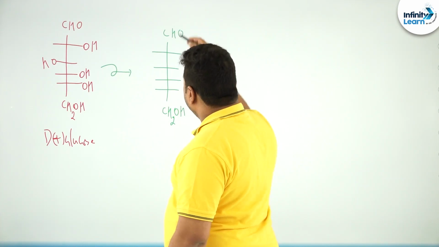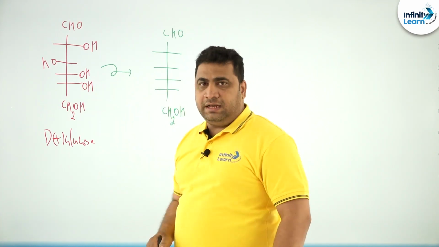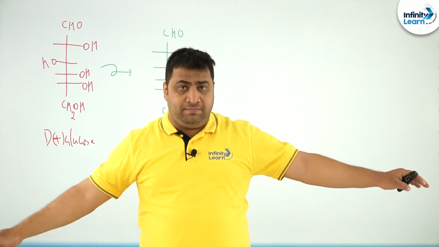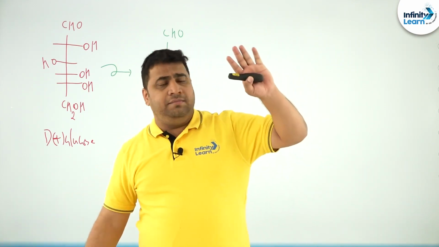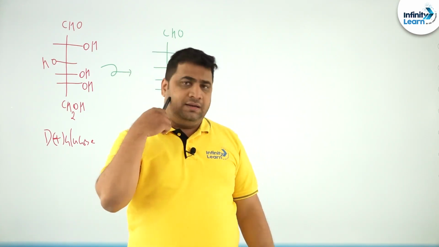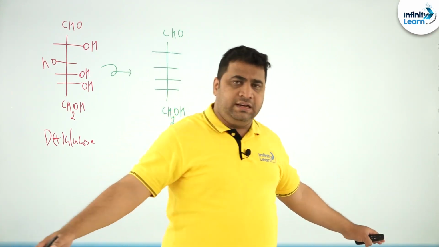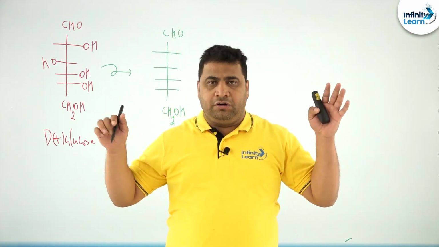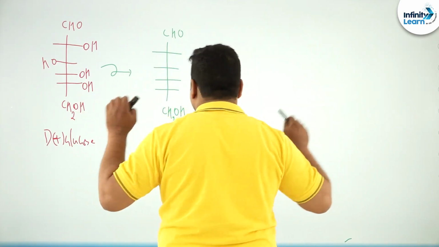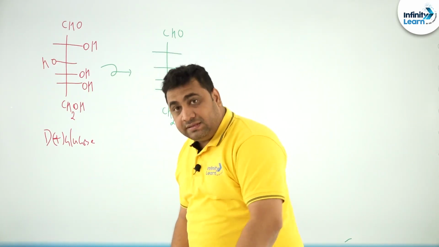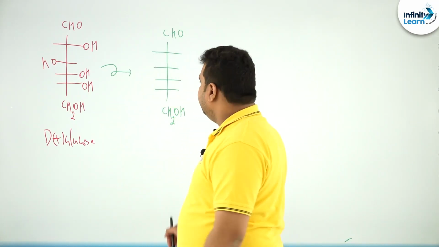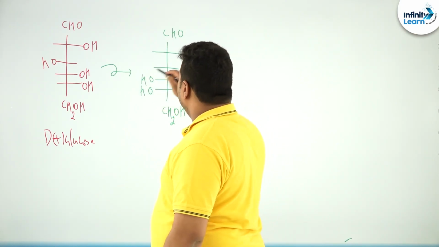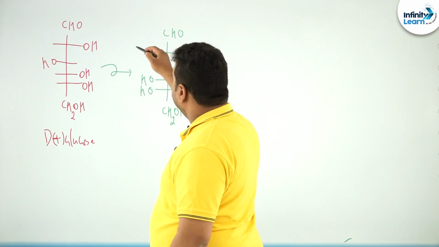because if you rotate the whole molecule by 180 degrees also, CHO will be there only. Imagine I am rotating in my hand, you can see one remote is there, one marker is there. If I rotate 180 degrees, the marker and the remote will come in opposite directions, but my head and legs will be in the same position along the axis. Therefore, this will be OH here, this will be OH here, left will come right, left will come right.